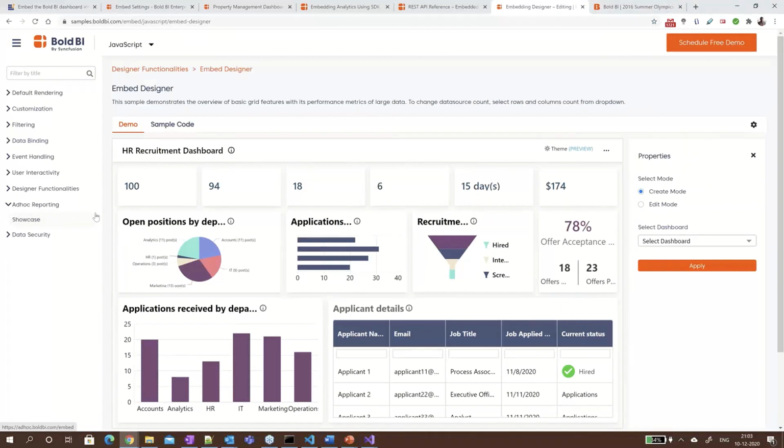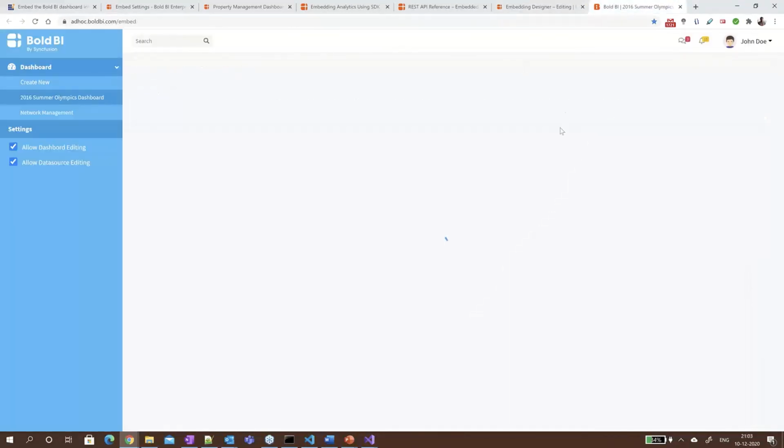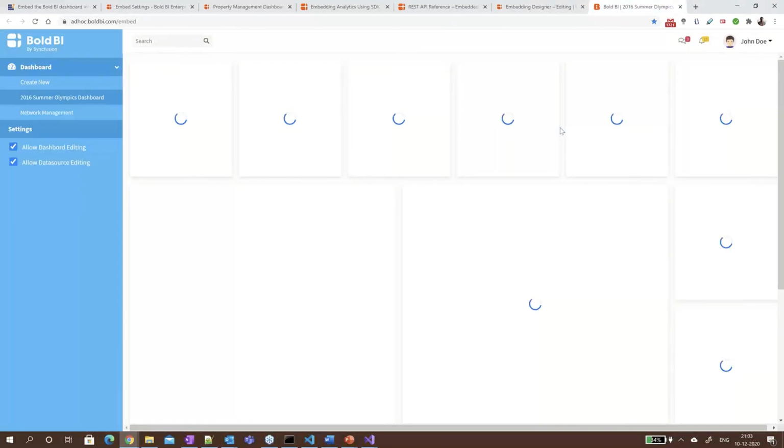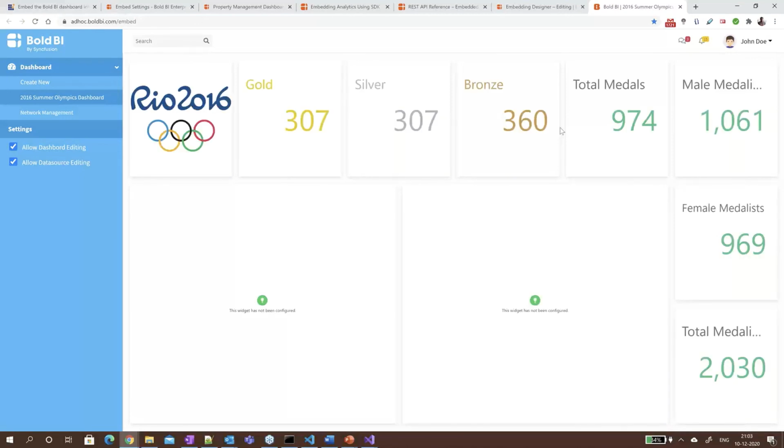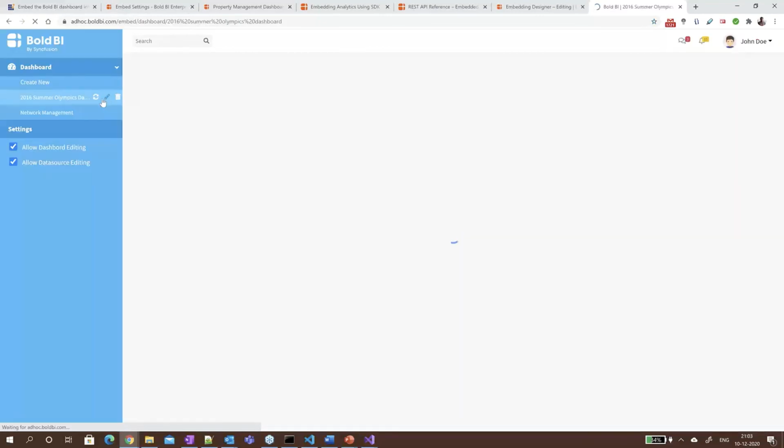This is a showcase application to show full-fledged features built around embedding the designer, dashboard, etc. Here you can create, save, and load dashboards in this sample application itself, or you can edit the dashboard here. This is a full-fledged sample to showcase what you can do with the embedding features.